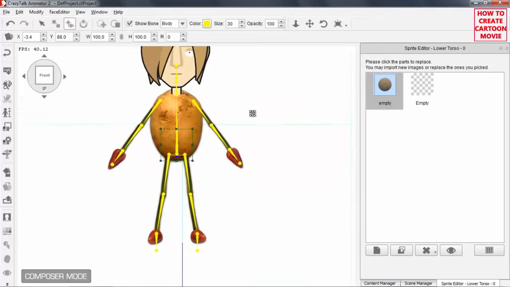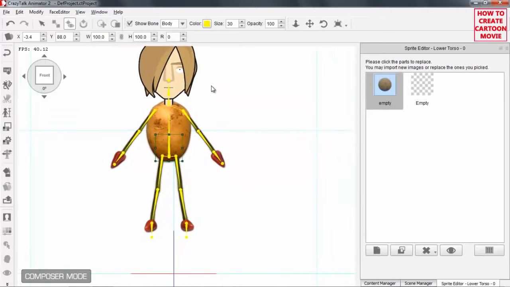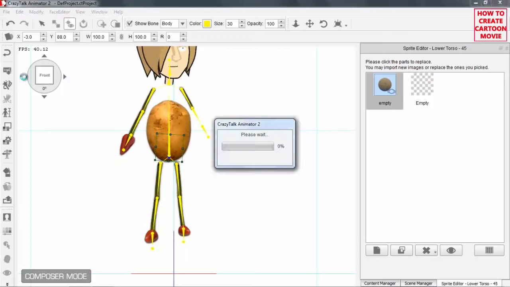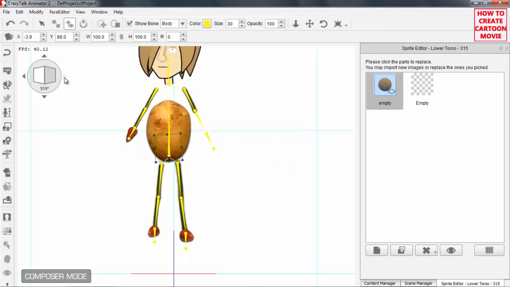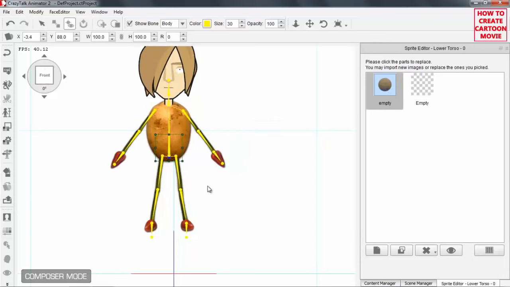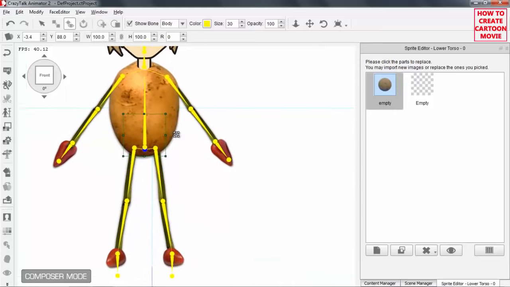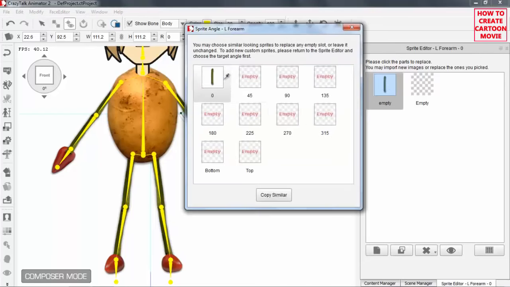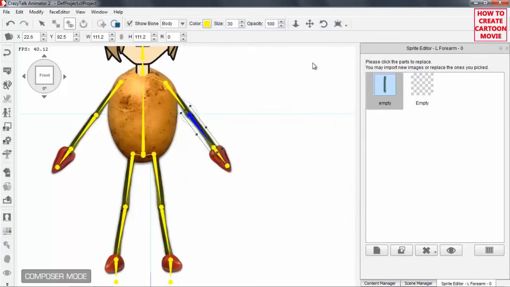Alright, so there you can see that if we zoom out now, we have our character fully prepared at 0 degrees. If we go to 45 degrees though, we may have missed the left arm there. So you can see now that the left arm is out of place, and the transform positions of the bones also need to be adjusted as well. So let's go ahead and select the lower arm here on the left side. There we go. And let's see, yeah, we did miss that, so copy 0 to 45, copy 0 to 315,